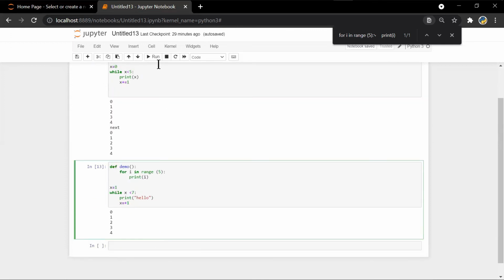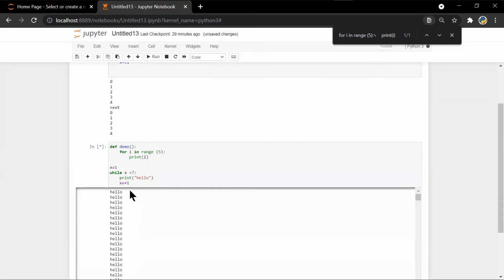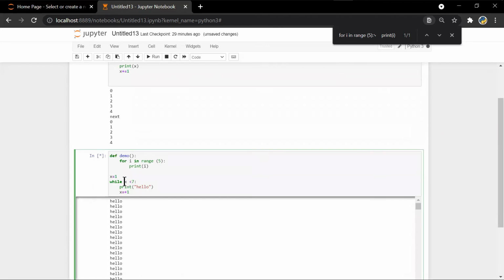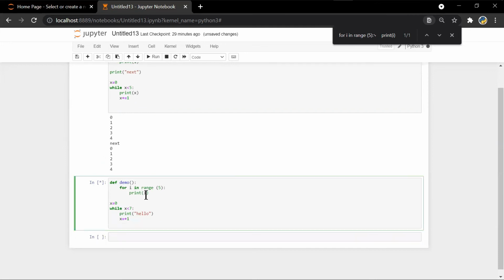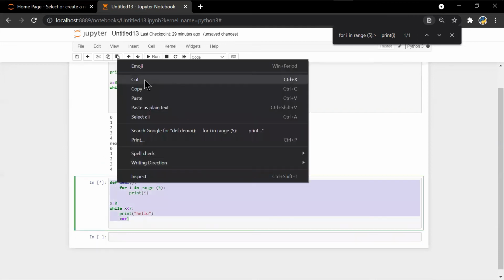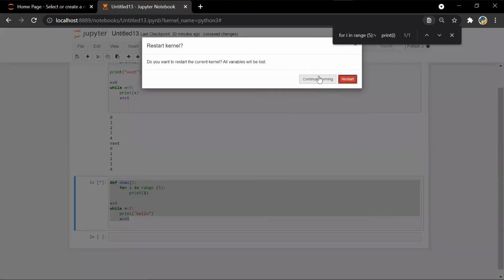Right now you will see demo won't print anything. Okay, this error came up again, so restart.